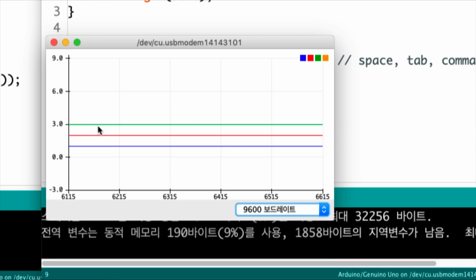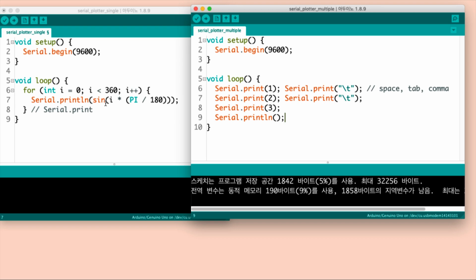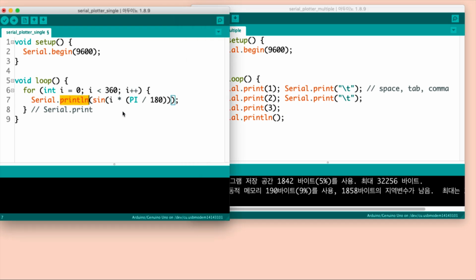Although we send fixed constants, if you are using an inertial measurement unit such as a 3-axis sensor or even a more complex 6-axis sensor to check values, you can very easily understand all of the trends of any changes occurring over time using the serial plotter graph, even if these values change simultaneously. To explain again in detail, if you just want to see only a single value represented as a graph,